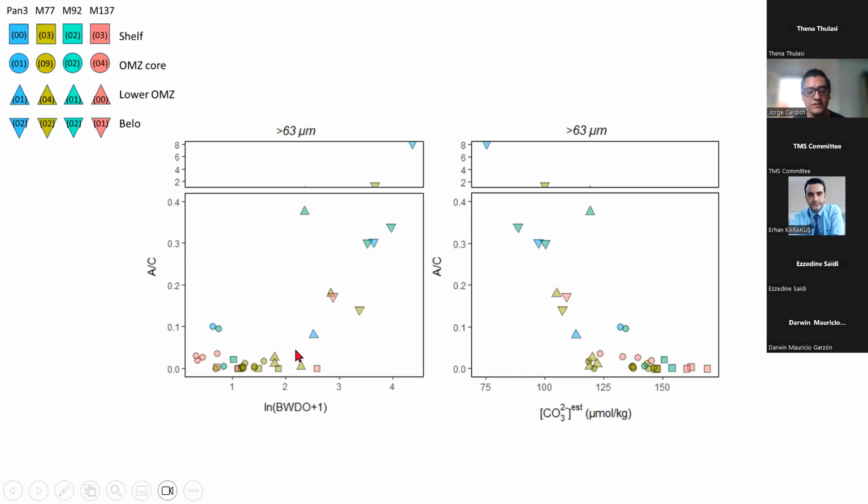There are agglutinated foraminifera across the OMC, but they are not very abundant. They begin to be very abundant from the lower limit to below the OMC because there's less calcite available in the waters. So calcareous foraminifera, these hard shell foraminifera, are not as able to thrive in these sediments. And the agglutinated takes this chance and dominates this realm